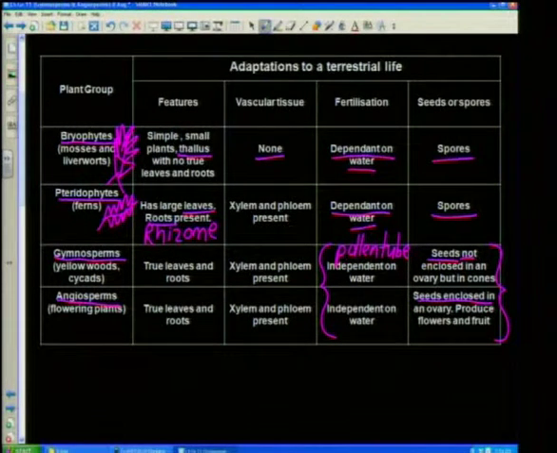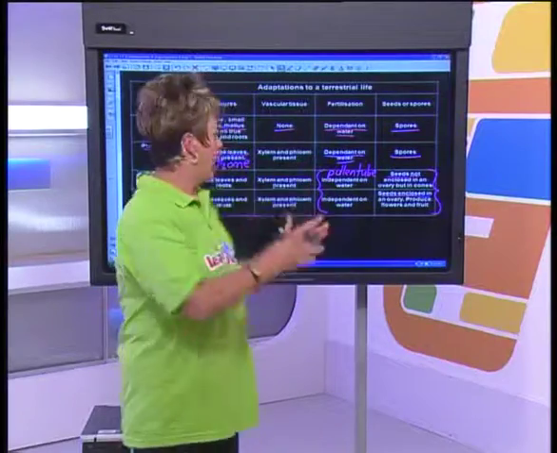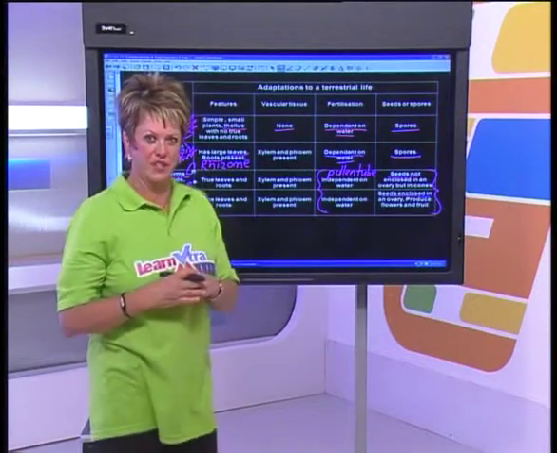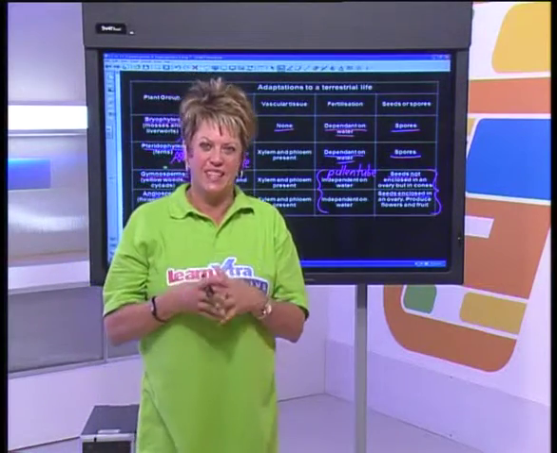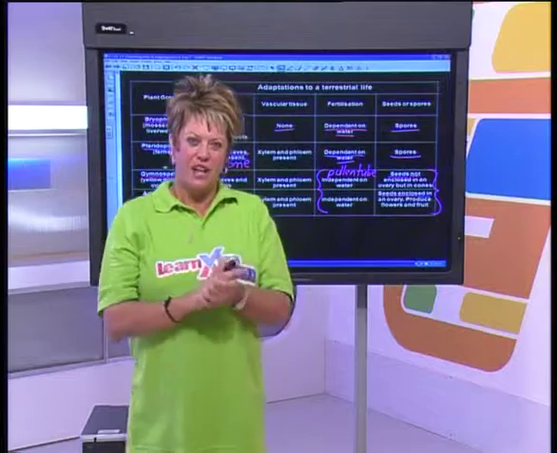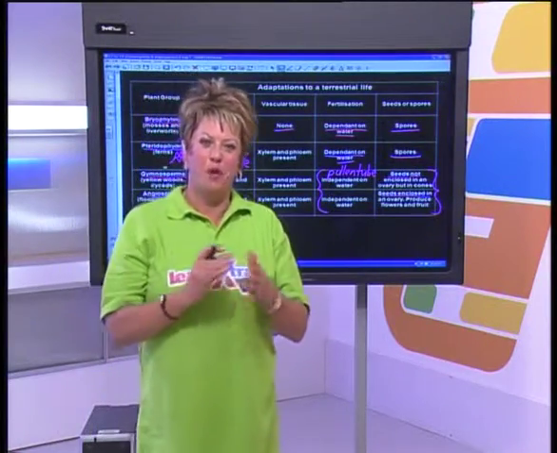I will take a gymnosperm. I'll draw, for example, the two cones. There's a male and a female cone, and then I'll go and draw a beautiful flower with all its petals. So pictures tell the whole story, more than words can tell. So make yourself a whole table, add in a column for pictures. And then you can also add in maybe the alternation of generations, which is the detail of these plants. Grade 11s, good luck with this section on plant diversity,